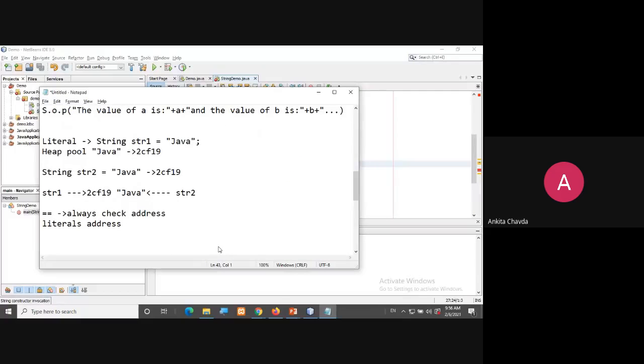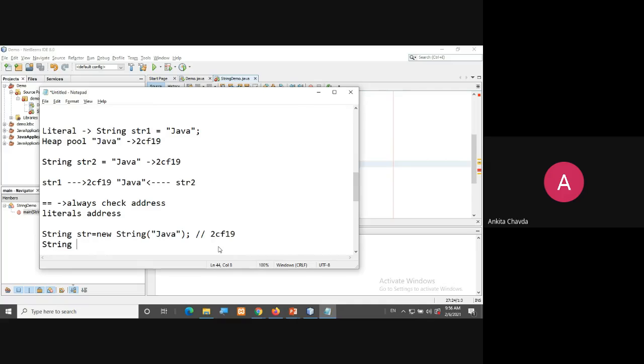So the first time if I write string str is equals to new string, and I'm writing Java, say suppose the memory location is 2CF90. Here I'm creating another object, this one is string 1, and here I'll use string 2 equals to new string, and again I'm writing Java.